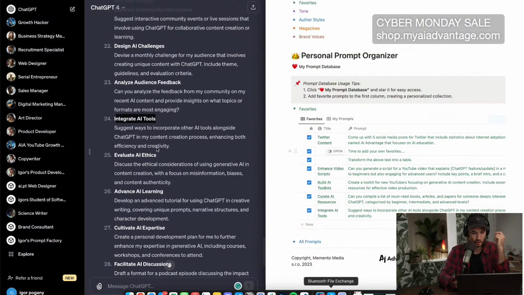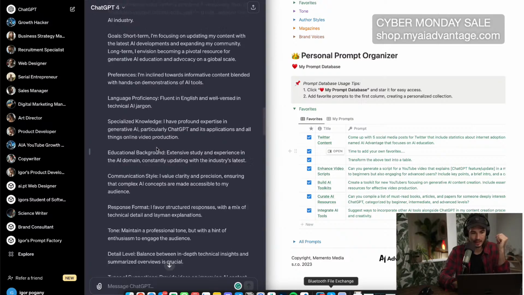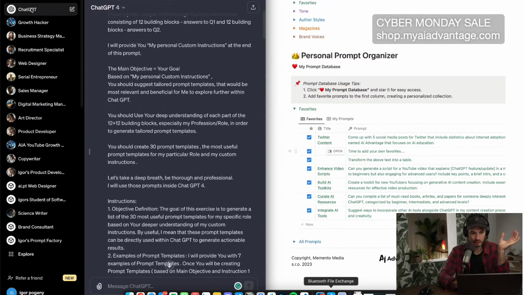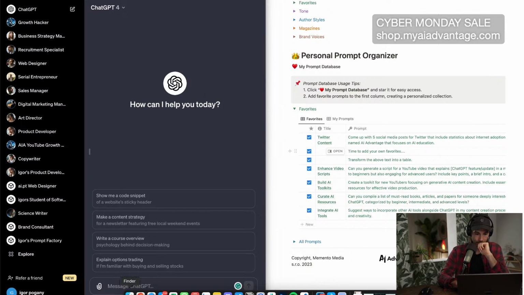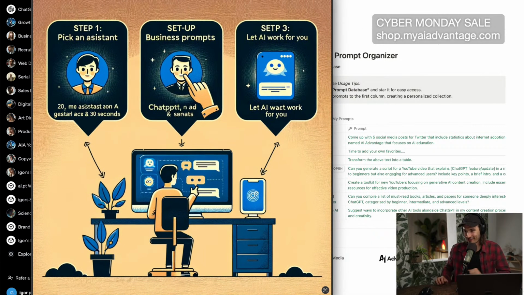All right, very nice. So now that we have this out of the way, we don't need the prompt factory anymore, right? Because we identified all the work that we want to get done with this. But now we get to the next point: how do we actually use these prompts? Well, if we return to our North Star today, which is this 3-step DALL-E generated graphic, right? Step 1, we picked an assistant and we customized it. That's done, that's basically set up. Step 2,